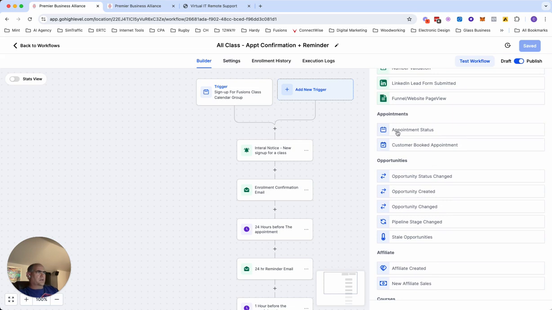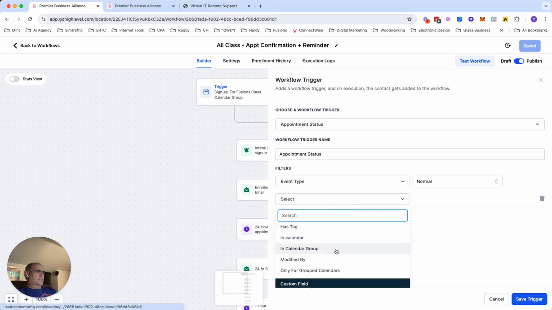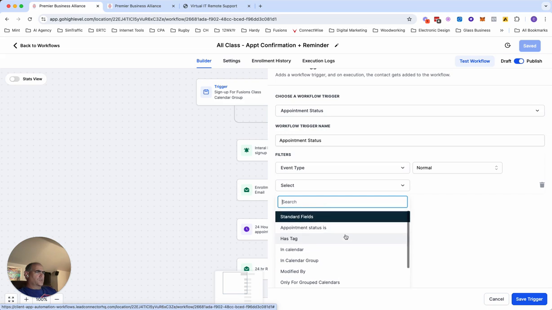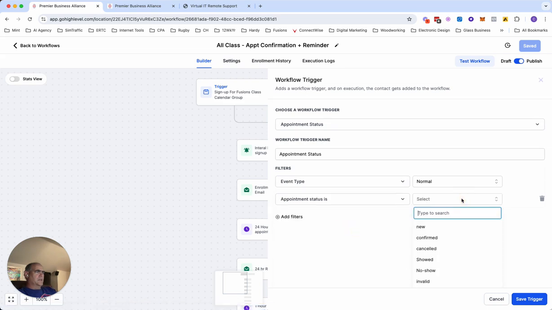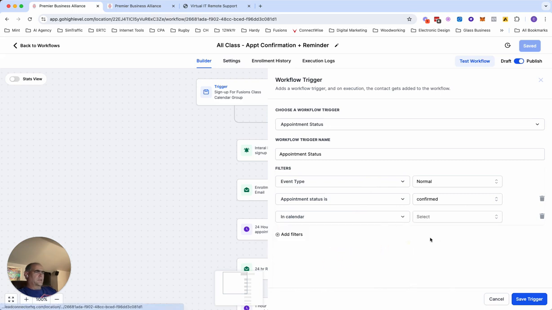So appointments, I was looking at appointment status. I tried customer booked appointment. It didn't really do what I wanted it to do, and I don't know why, but I went into this particular one and I said, okay, event type was normal. I added a couple of filters and it said that appointment status was confirmed. So what triggers it is a normal event, gets confirmed, and then in calendar,